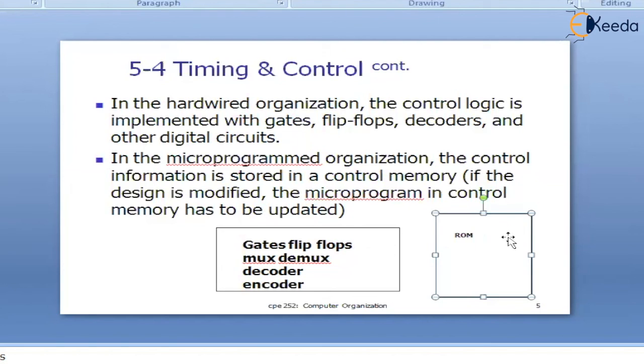Here we would need to execute a program to generate a control signal, whereas the hardware control signals are generated by a switch on-off mechanism realized using hardware units such as flip-flops, multiplexers, demultiplexers. So the hardware control unit is proven to be faster.